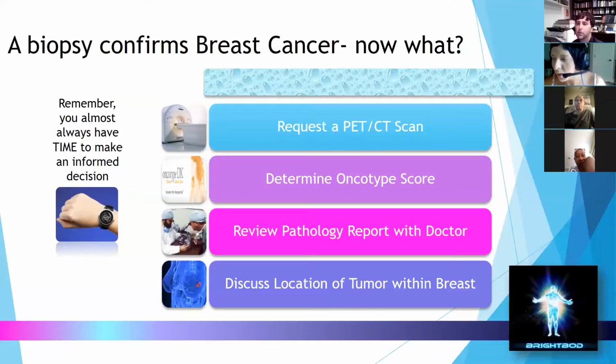So although the sense of urgency is certainly something I felt, I knew with some research that I did, it had taken a long time to get to that size. So I wanted to really take a step back and reflect on making the right decision, and just know that you don't have to make a decision right